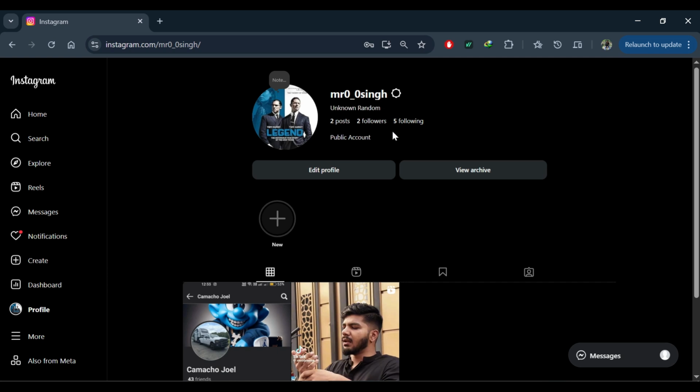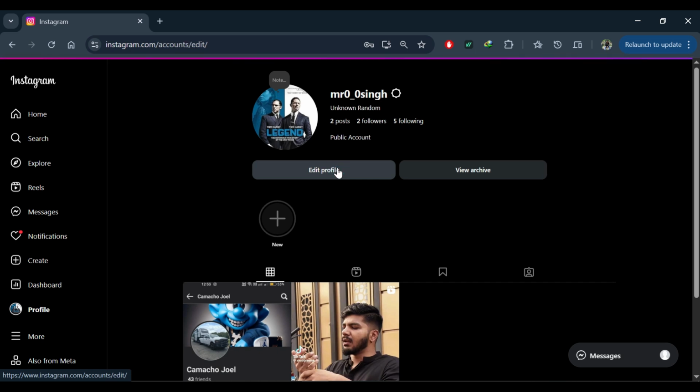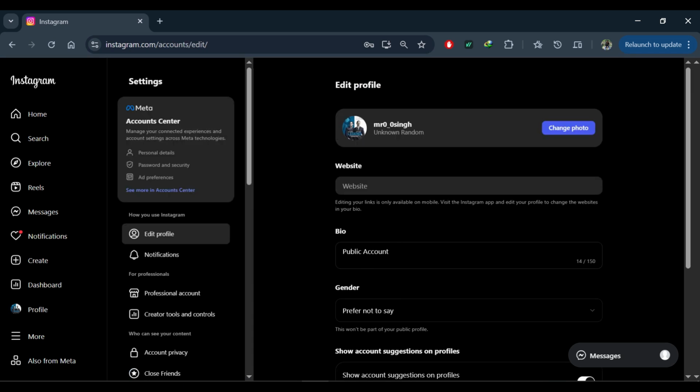After that, you need to upload your proper biodata. Here as you can see that I have added nothing. If you want to add something in bio, you can use this edit profile option to add some lines into your bio. Okay, I have already written only public account, but it's not enough. You have to write each and everything, like what are you offering, what are your services, at what time you are available, or you can also write a little bit about your previous experience in the bio section.